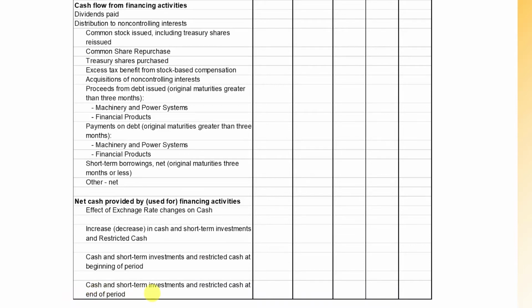In this way, we will be preparing our cash flow statement for the purpose of projecting and predicting our projected financial statements. Let's come and try to practice these things in the real world, and I will see you in the next